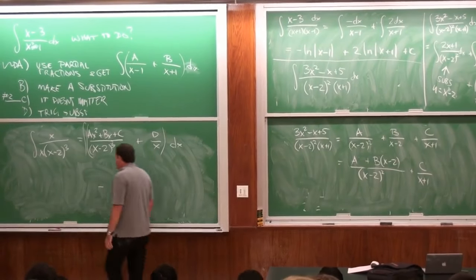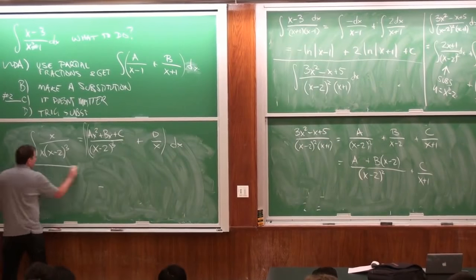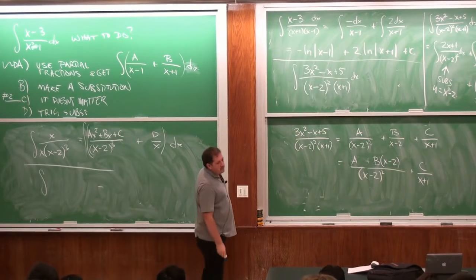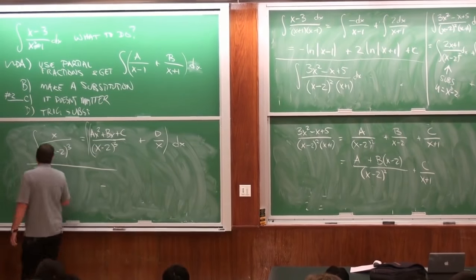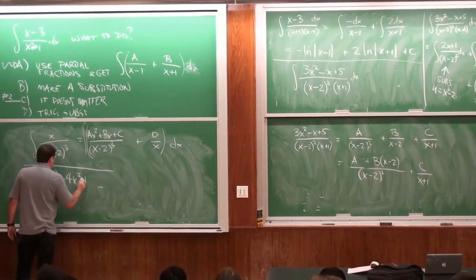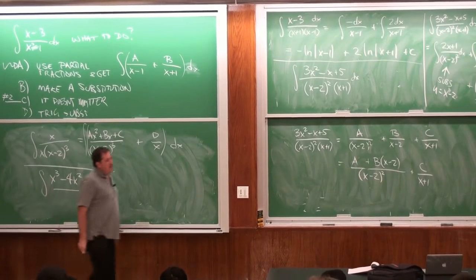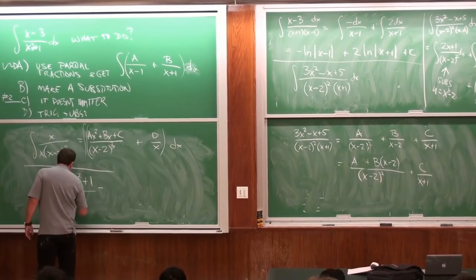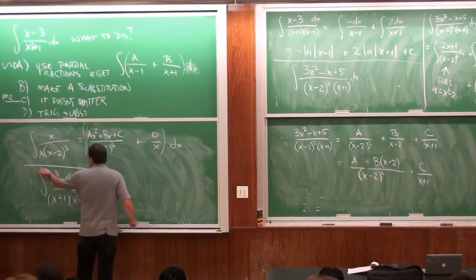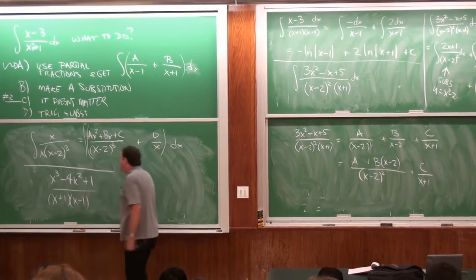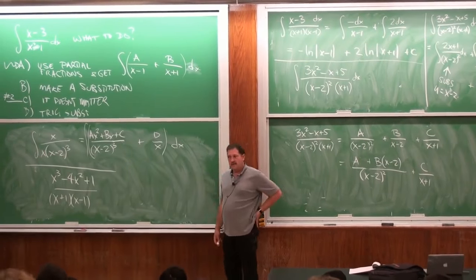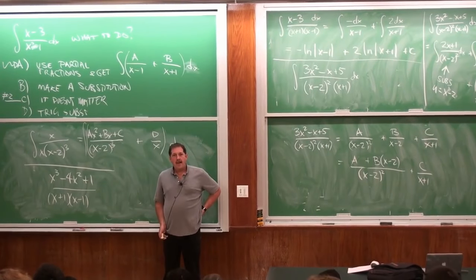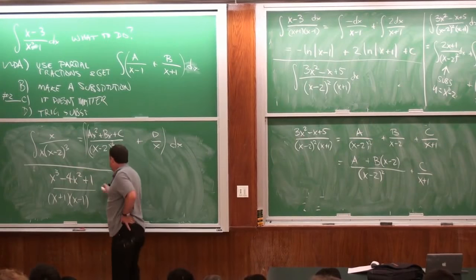Suppose that I have something like, let me just do the same integral, x cubed minus 4x squared plus 1 over x squared minus 1. So let me forget about the integration part. Let's just ask an algebra part. So, suppose I want to do this. What should I do? Should I write this as